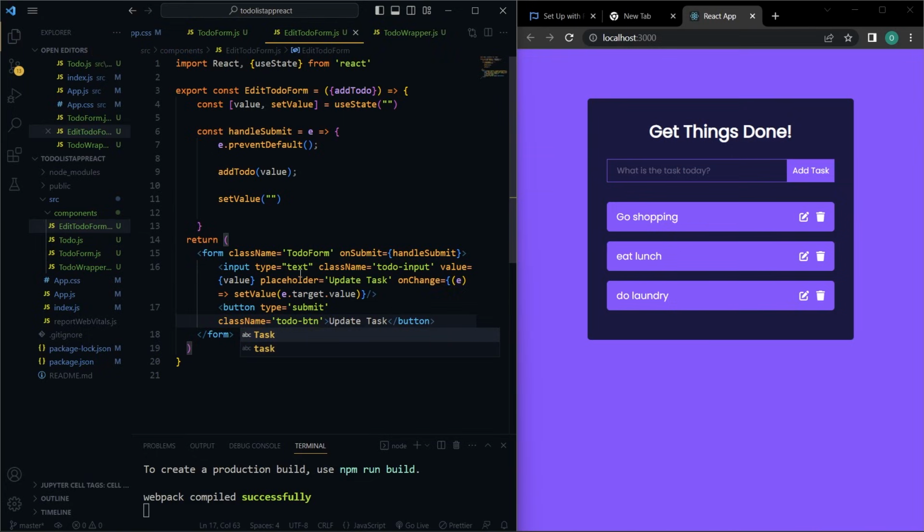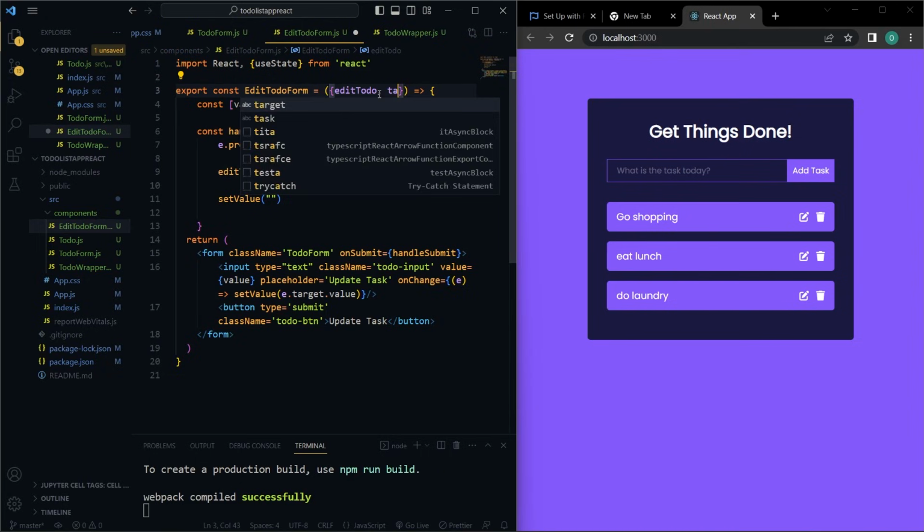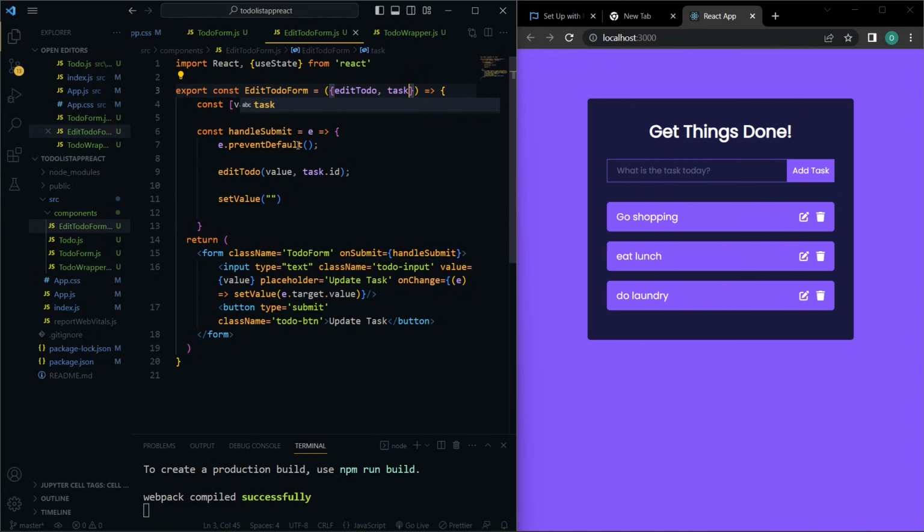Okay, and this is fine. Add to do's. Oh yeah, so instead of add to do, we want it to be edit to do, which will take a value, and we're going to pass in task.id. And up here, instead of add to do, I'm going to say edit to do, and I'm going to pass in the task prop as well. Okay, and if I go to do wrapper,